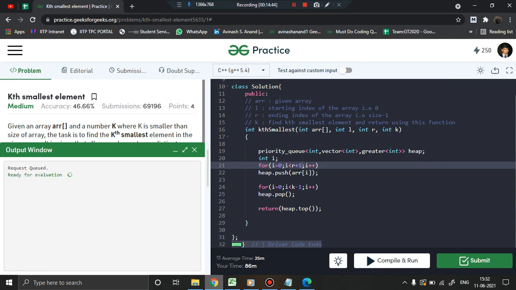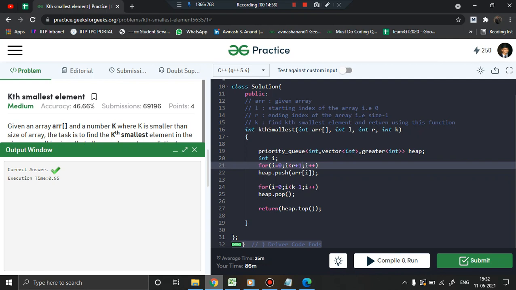So the solution is working fine, but the issue is it is exceeding the time limit, right? So we should prefer the one that is not exceeding the time limit. Obviously it had to exceed the time limit, because you can clearly see that the heap size was order of n. But yeah, see that this time it has worked.